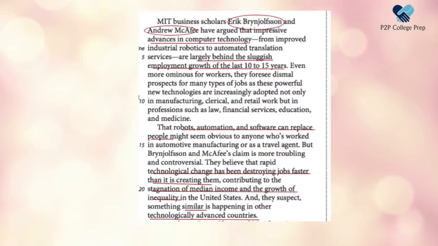Before we head on to the questions, I thought it might be helpful if I explained to you my thought process as I was annotating, for at least the first 2 paragraphs. Just out of habit, I always circle any names I come across because the SAT might ask you to identify the opinions, the beliefs, the attitudes that certain scholars, scientists, or experts might have towards a certain trend, and in this case, it is the destruction of jobs. So having those names circled always acts as a reference point and just makes it easier for me to find what they believe in.